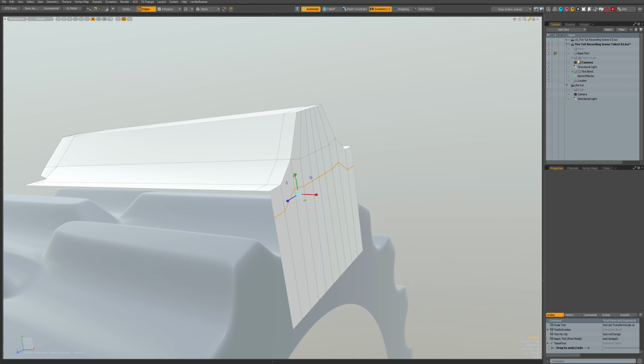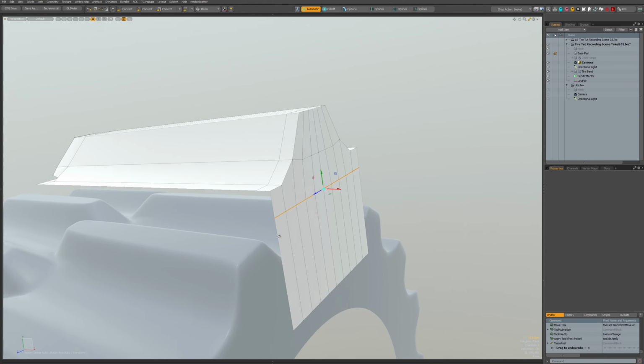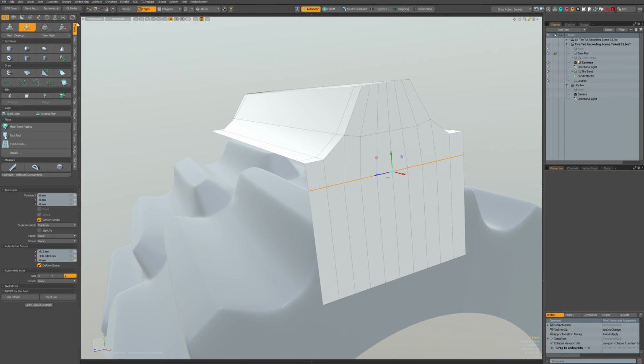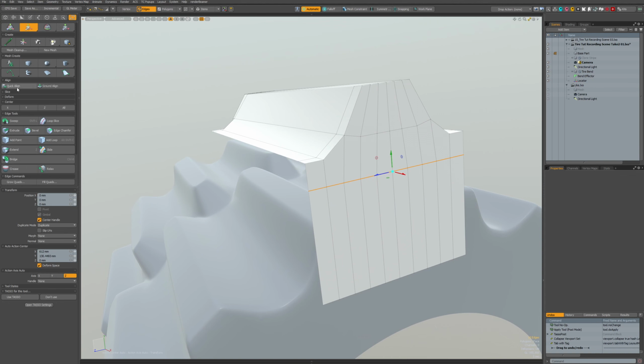I will use a linear align, but I will deactivate symmetry before because it doesn't work with symmetry. I don't know, you can find linear align, not sure where it is.